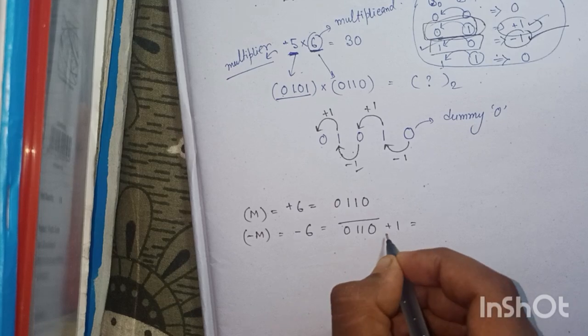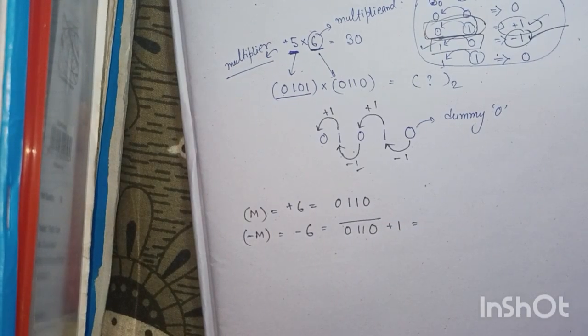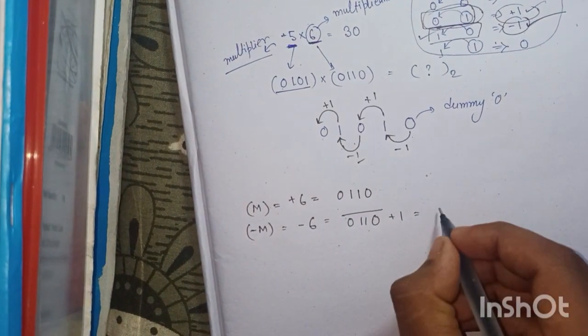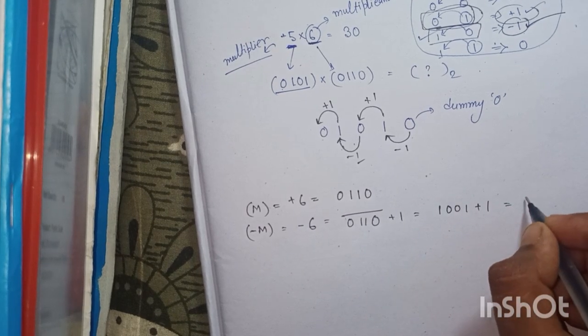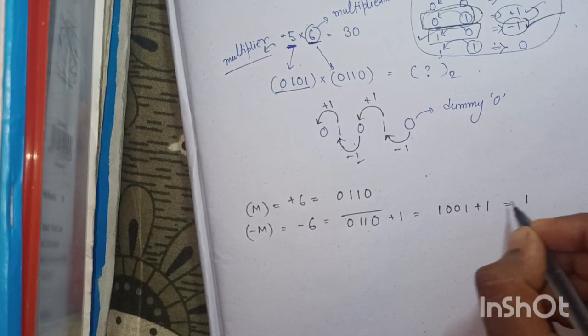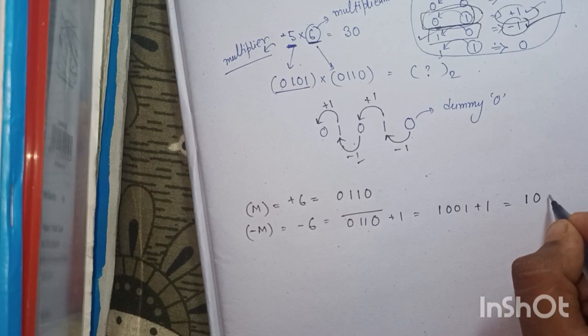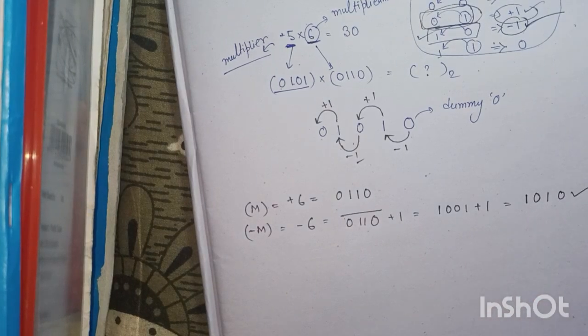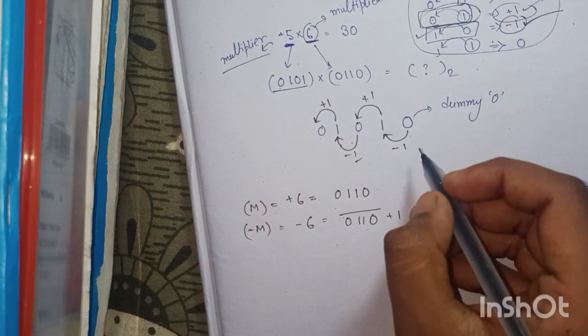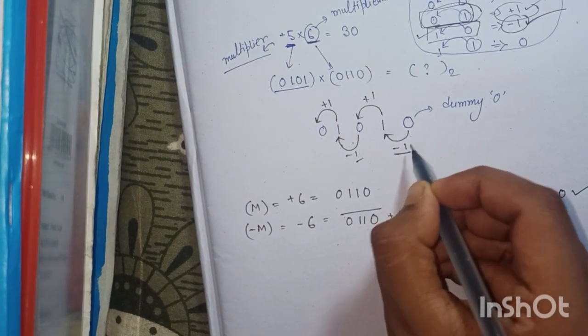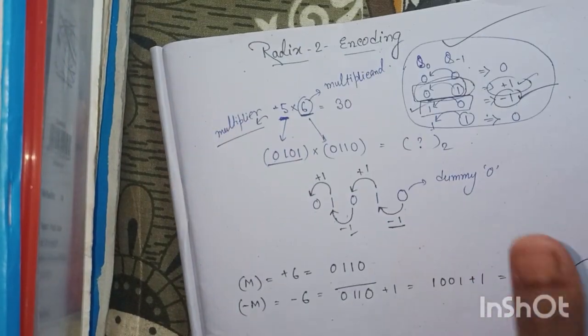Okay, it is a 1's complement plus 1, that should be represented as 2's complement. So it should be represented as 1 0 0 1 plus 1, and that should be represented as 1 0 1 0. Okay, this is known as minus, I mean plus minus 6. At first we just go through it, and in the Radix-2 encoding, what's the algorithm